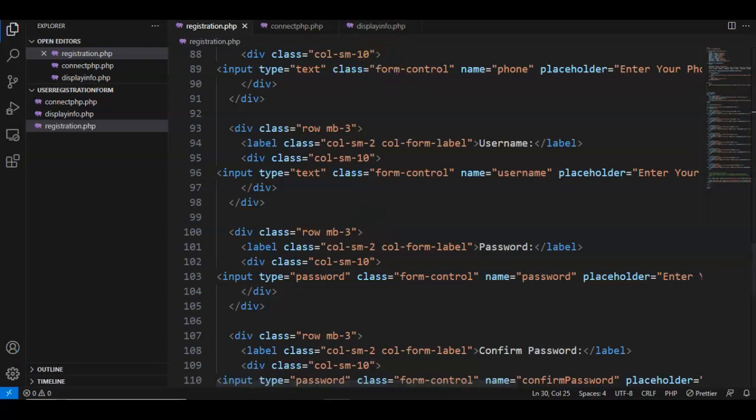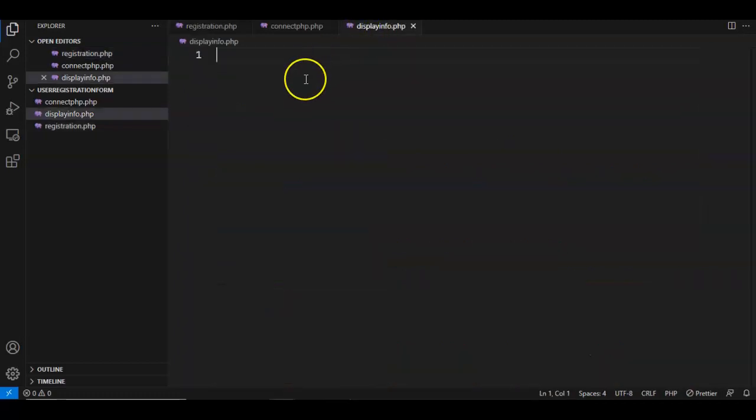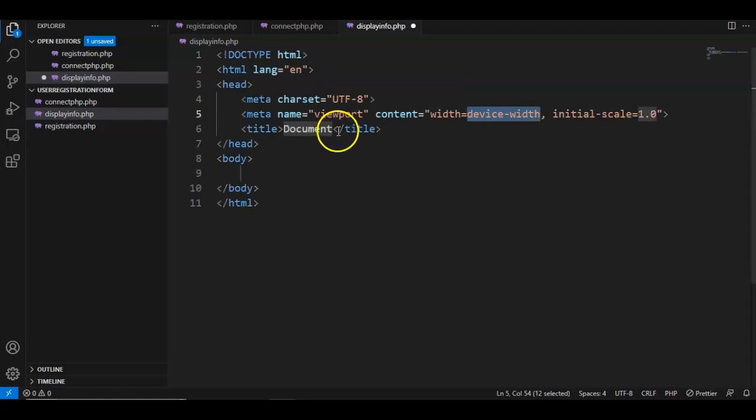Now in this video we will develop the display info PHP file. So basically what I'm going to do is get the HTML boilerplate first. So that's what I'm going to do. I'm going to rewrite the title, so it will be like display user info, and I'm going to go to the